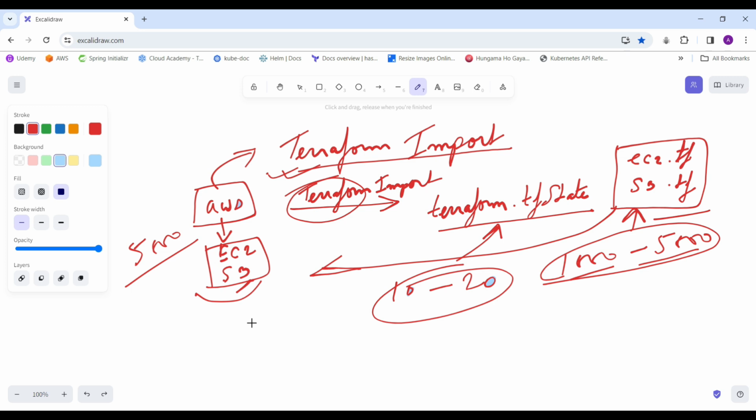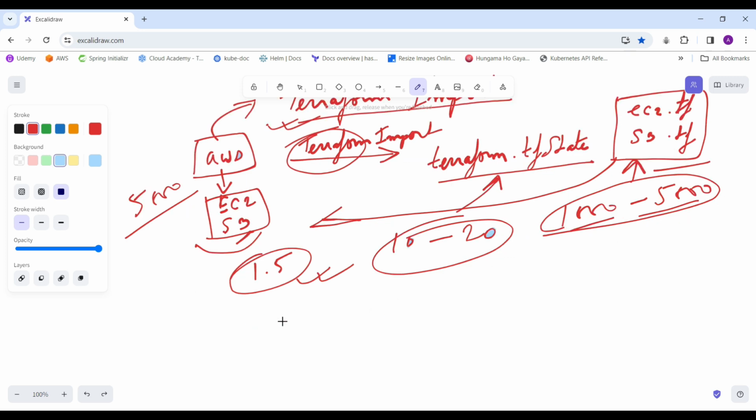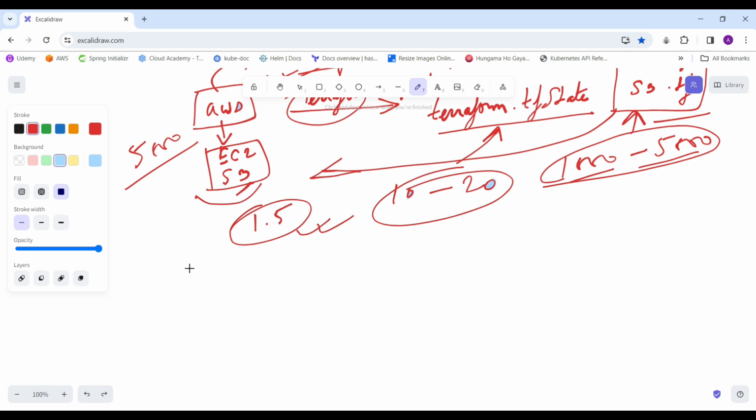So in versions 1.5 onwards, Terraform resolved this. And again the industry started picking Terraform as an IaC tool to manage resources. So what happens if you see the real picture now? Suppose you have the AWS environment, and before using Terraform, the industry is creating EC2 instances manually, S3, SG, whatever the resources,